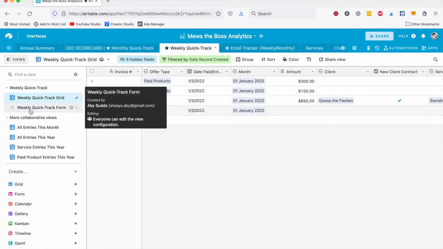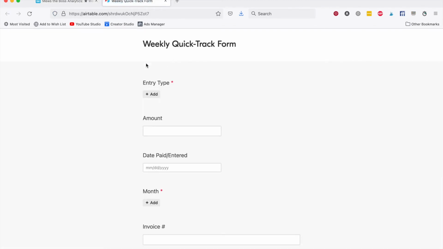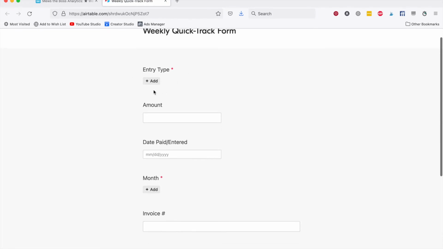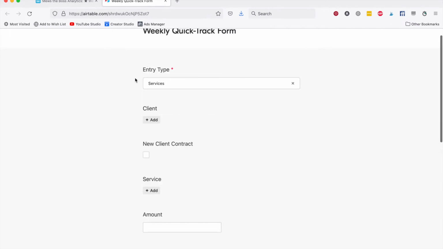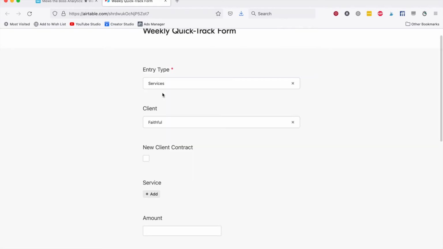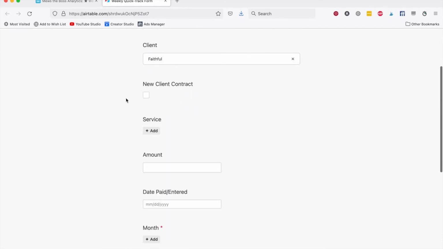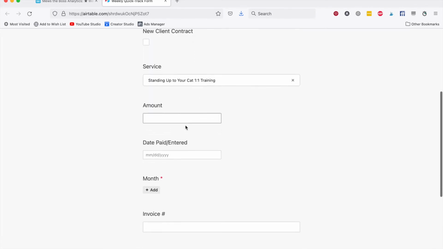If I want, I can also use the form instead of the grid. If I open the form, this just depends on how your brain works best for entering these things. You can pick the entry type, and then it'll only give you the fields that you need to enter. So if I am entering services, it'll ask me who my clients are. So I can select my client, say whether or not it's a new client contract, add the service,